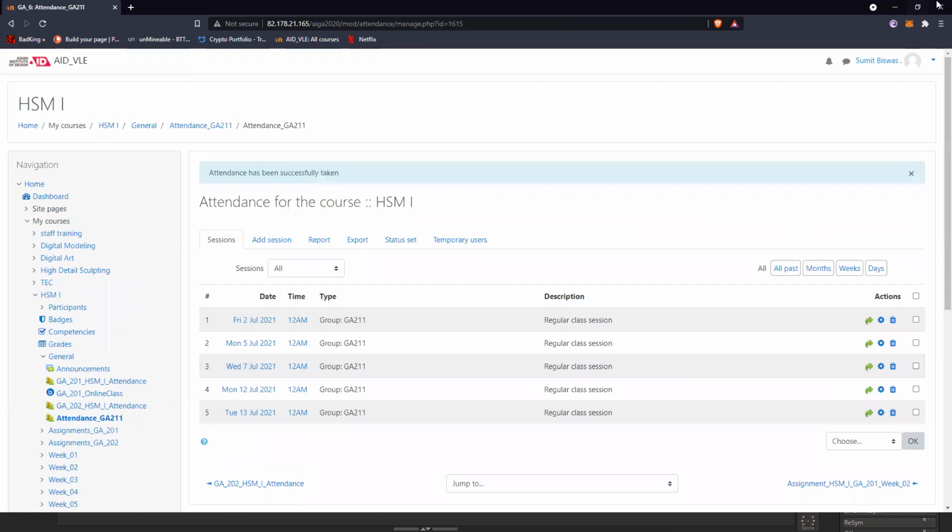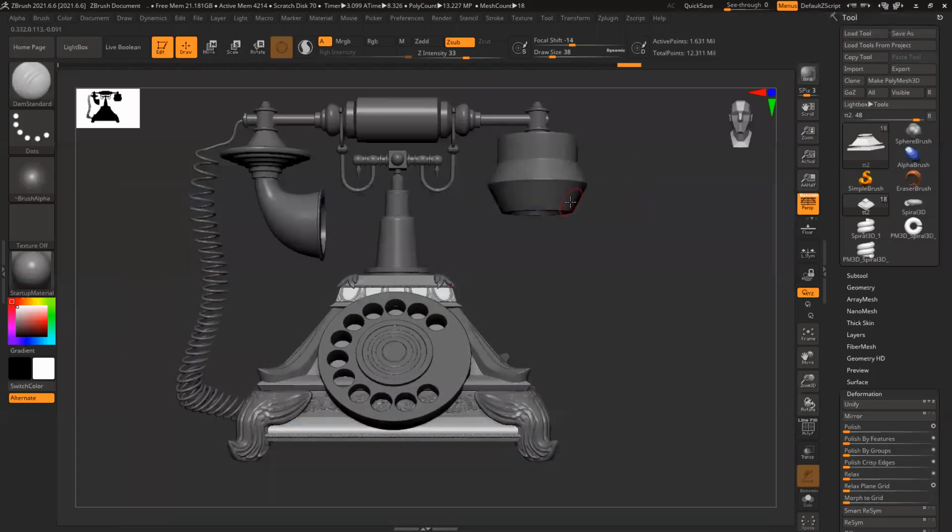Okay, then keep working on this, and you can submit your file, we can check and discuss that, and then we'll finish this very quickly. Within this week, we'll finish this high poly completely, and then we'll start working on the low poly and start texturing. We'll do that. Okay, sir.